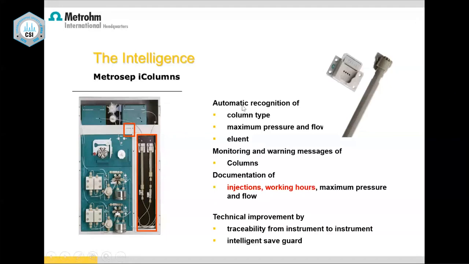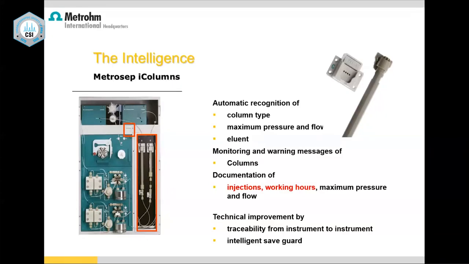See, in labs we hurry up so much in our analysis. So sometimes what happens is we choose an anion method, and probably by mistake we have connected a cation column. So the moment I do this, it's going to say, no sir, you have chosen an anion method, but you have connected a cation column. So there is a clash. Immediately it gives a pop-up, a warning message. Okay, I have made a mistake. So you change the column to anion.